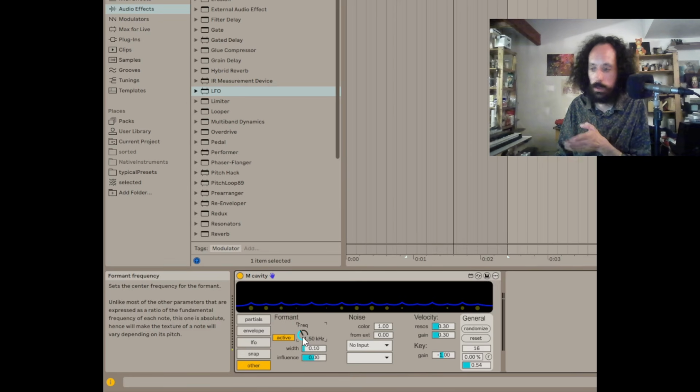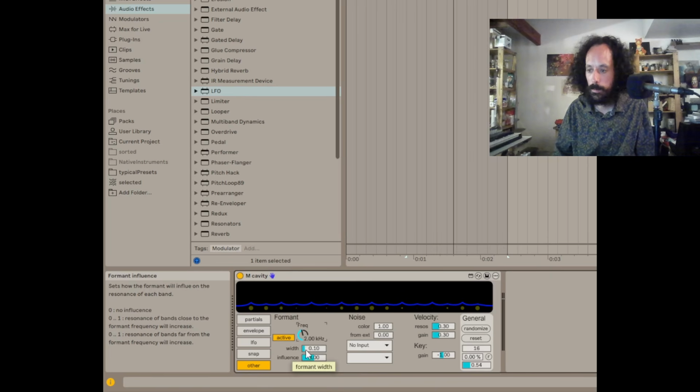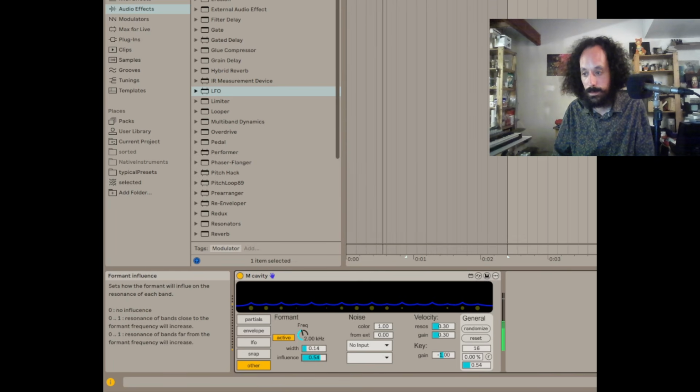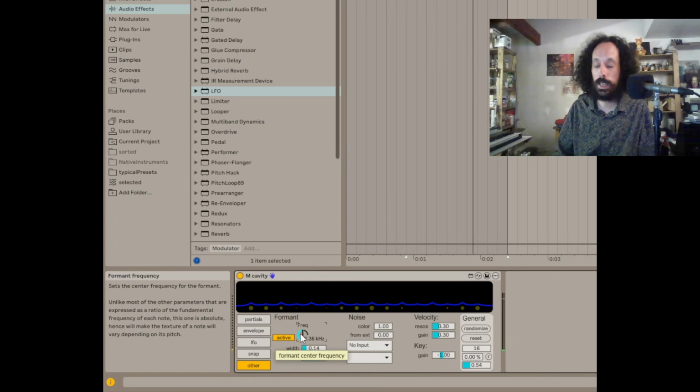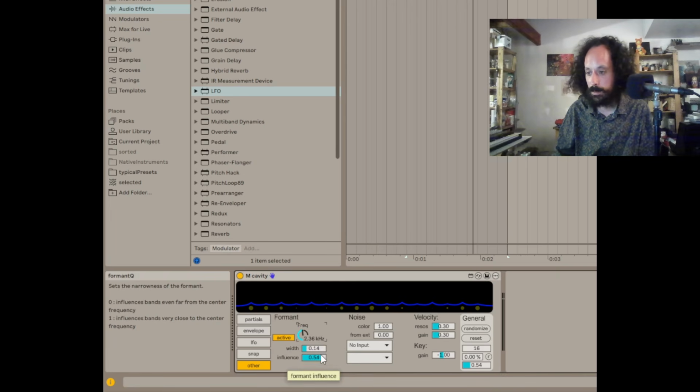Like, I can choose, let's say, 5,000, no, 2,000. And then if I increase the influence knob, every partial that gets close to 2000 kilohertz will be more resonant. It might sound like a post filter, but it's not. It's something that influences the parameters on top of the chain, like at the beginning of the chain, which means that I can do some effects like